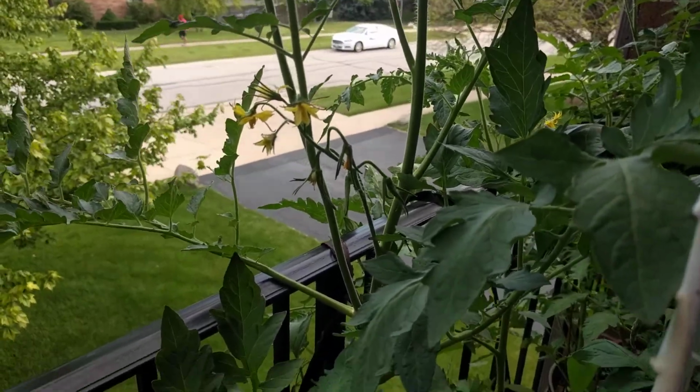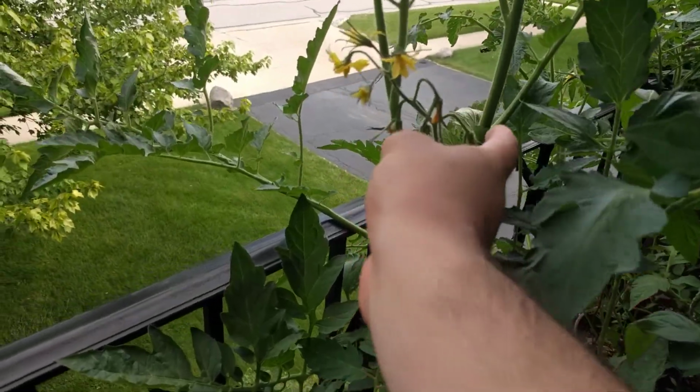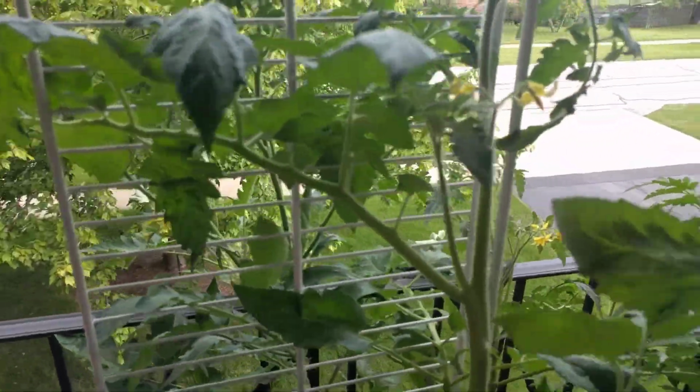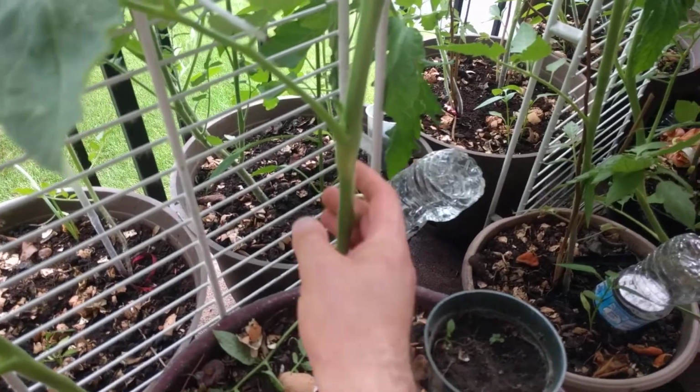Hello everyone, today I'll show you how to pollinate as well how to prune your tomato plant. To have wonderful tomatoes, really healthy and big fruits, you have to make sure you take care of them properly, okay? Some of the things you should do is just make sure you remove the 3 or